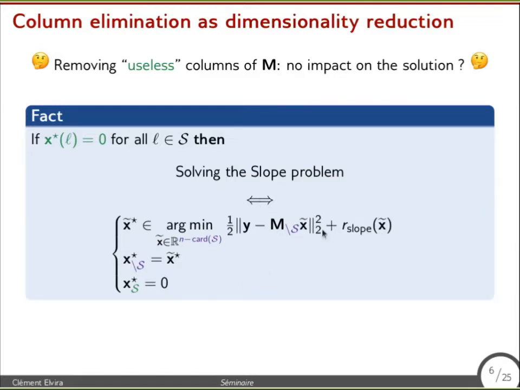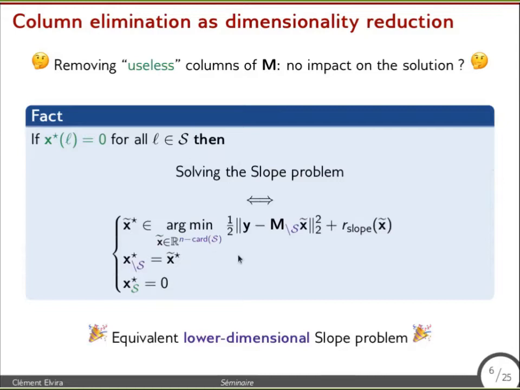So you end up solving another slope problem, a smaller one, that involves a variable of a smaller dimension. And then when you want to move to the solution of the initial slope problem, you just have to put 0 where they are 0 and put the solution of the smaller optimization problem for the corresponding entries. So the idea here is that if you have access to this prior knowledge, you can solve a lower dimensional problem, which may enjoy many desirable properties.